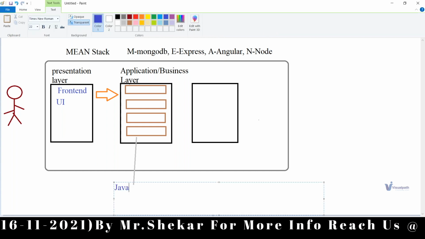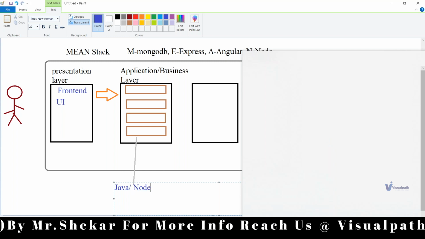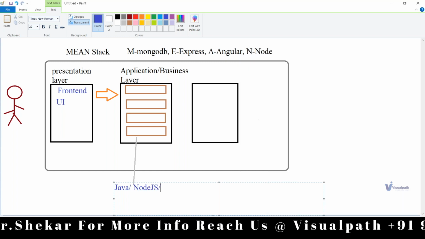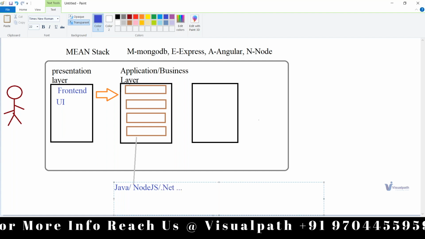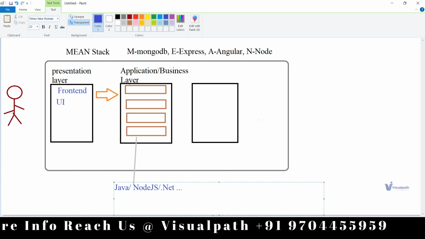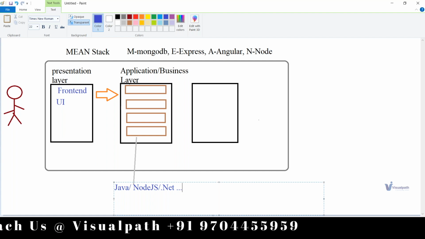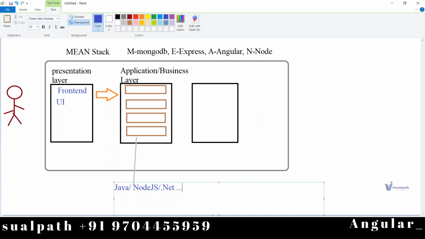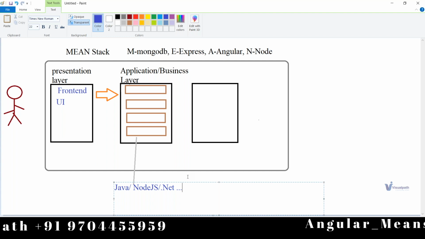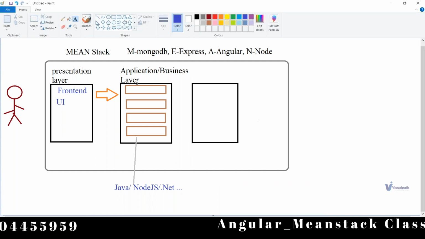You should be good at either Java, or Node.js, or something like .NET, or Python, or PHP, something like that. You should be knowing one of these technologies, not all, one of these technologies. That is what the development of server-side software is about.